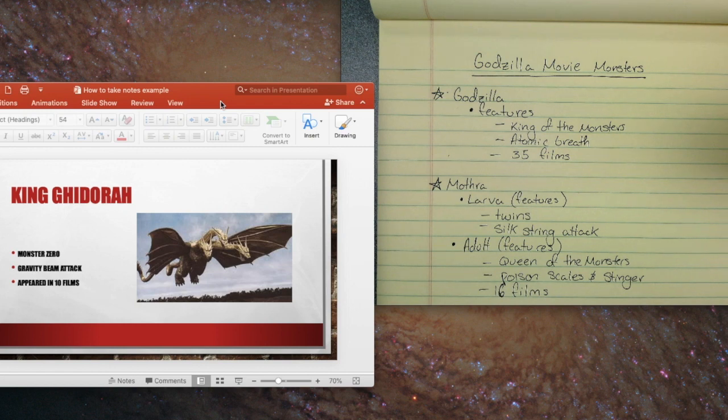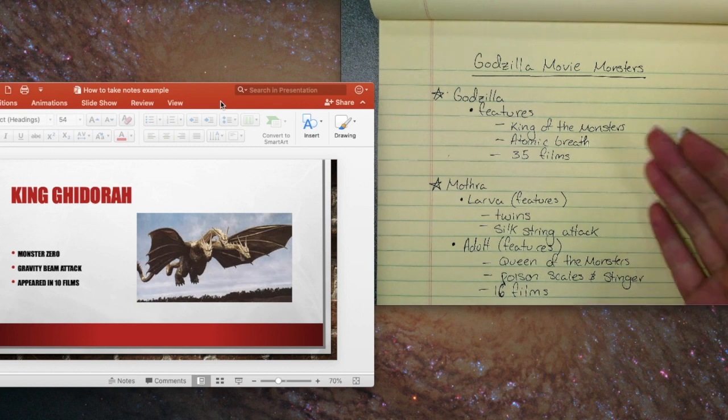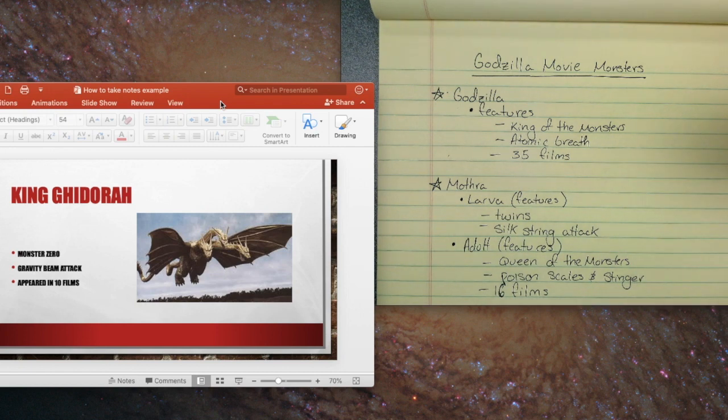One more thing you might want to do when you're all finished with your notes is, if you like to add color to things, you might want to use a highlighter to maybe color code some of the pieces of your outline notes. So that covers everything that I have to say today about how to take notes using the outline method, and